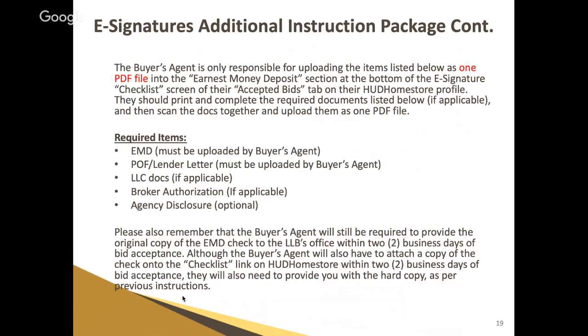Please also remember that the buyer's agent will still be required to provide the original copy of the EMD check to the LLB's office within 2 business days of bid acceptance. Although the buyer's agent will also have to attach a copy of the check onto the checklist link in HUD Home Store within 2 business days of bid acceptance, they will also need to provide you with the hard copy